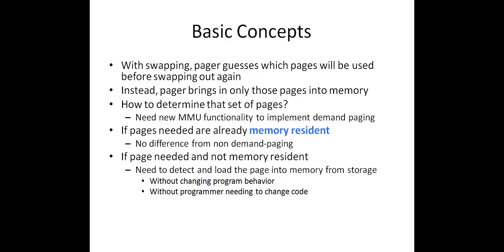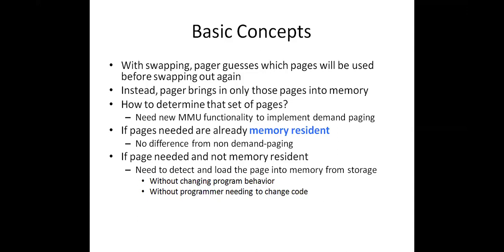Only needed pages are moved to the main memory. Whenever there is a need and that page is not available, for example, we moved only two pages to the main memory, and now we require the third page for execution, but the third page is in the secondary memory. At that time, what do you have to do? You need to move that third page from secondary memory to main memory. While moving, that information should not be known to the user. That means it won't create any trouble to the program behavior. The program execution has to be done in a smooth manner.